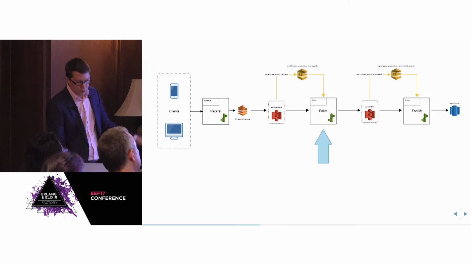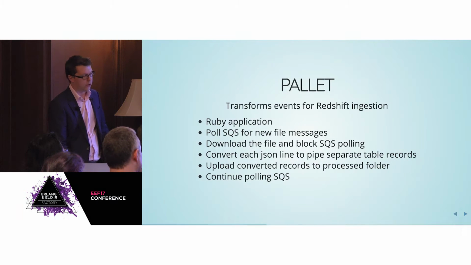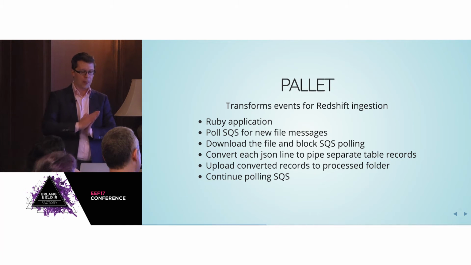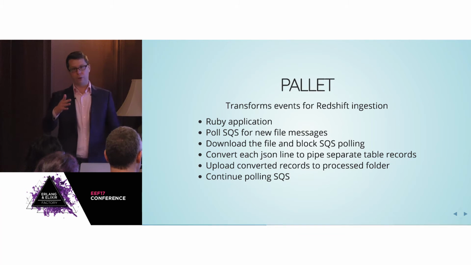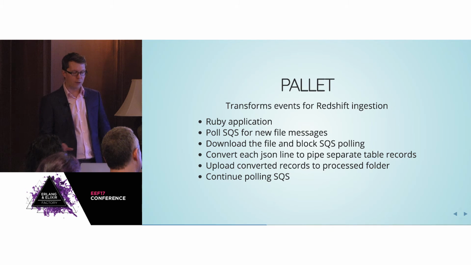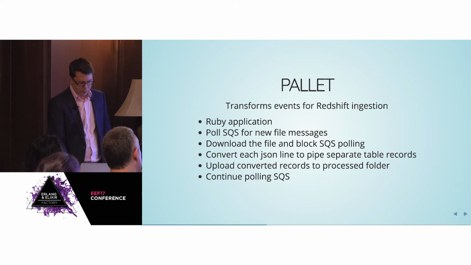So yeah, I'm really going to dive a little bit into the Palette application. I originally wrote it in Ruby, and it really is just a loop. It uses an SQS polling loop to keep firing requests up to SQS. As soon as it gets a message back, it will block, do all the processing on that message, and once the file has been fully processed and uploaded to the next bucket, the loop will continue and it will start asking for new messages. So there's no aspect of the application that was parallel, running anything concurrently.